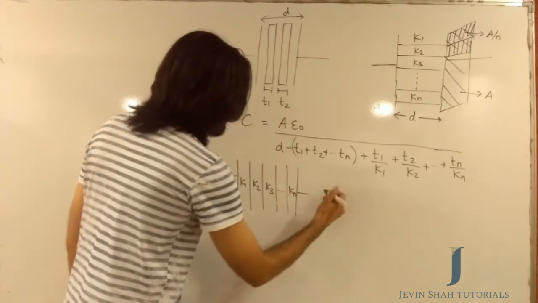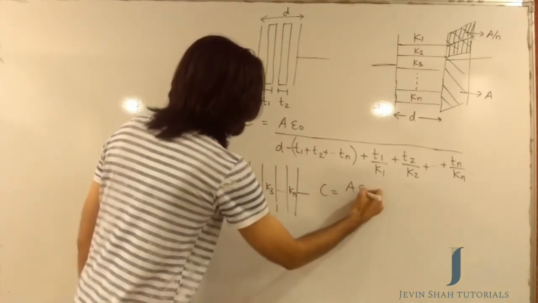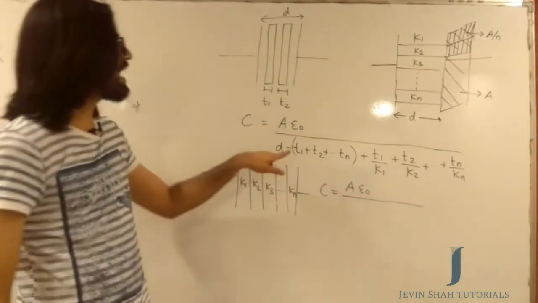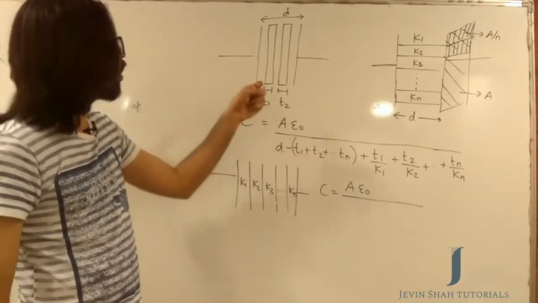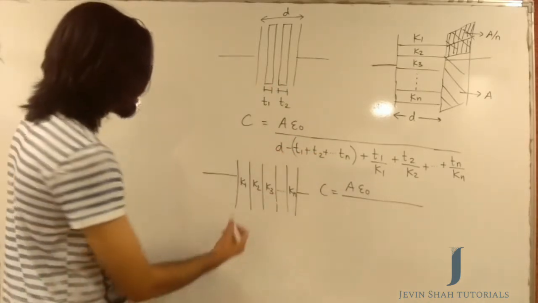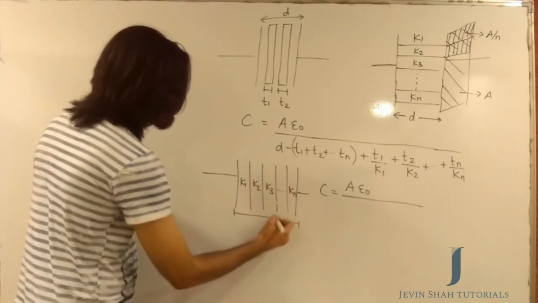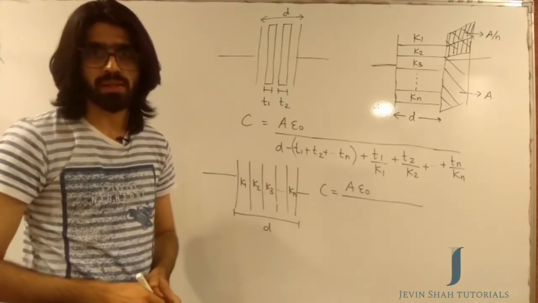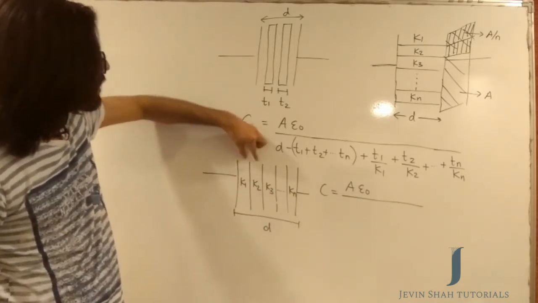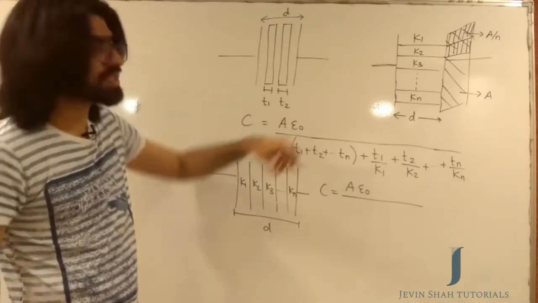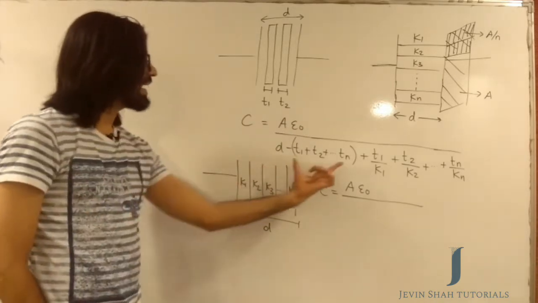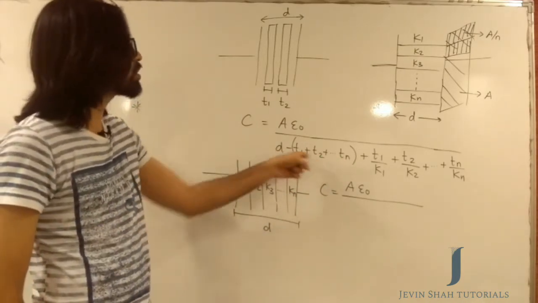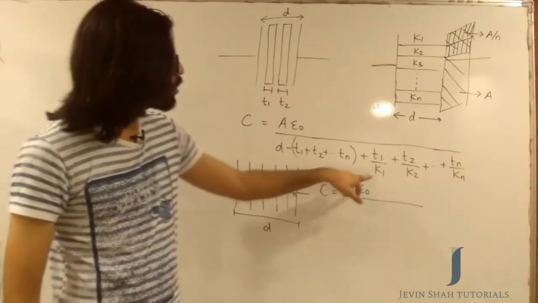So C will be given by, the numerator does not change, that's A epsilon naught divided by, I have to eliminate the thicknesses of all the individual dielectrics from D. So had this been D, and if I eliminate the thickness of every dielectric, I would be left with nothing, because adding up the thickness of this plus this plus this plus the nth dielectric would give me a D, and that D is what I will be eliminating from D, and I will be left with nothing after the first two terms get cancelled. But hang on, there are more terms to come.